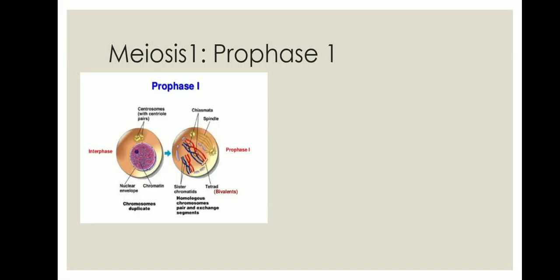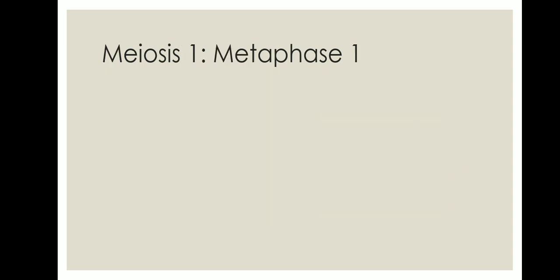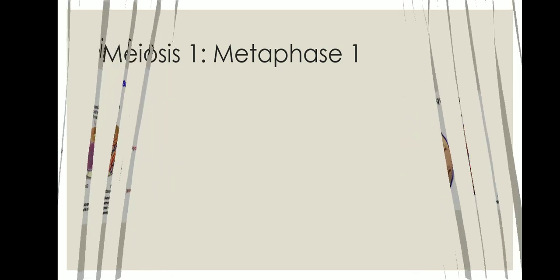In meiosis 1, the prophase 1, the DNA condenses to form chromosomes. Here we see the duplicated sister chromatids joined together at the centromere. These stay fused at the centromere throughout meiosis 1. Next is